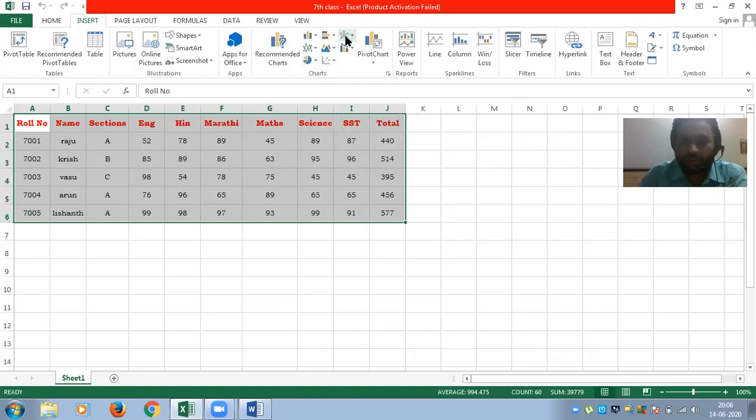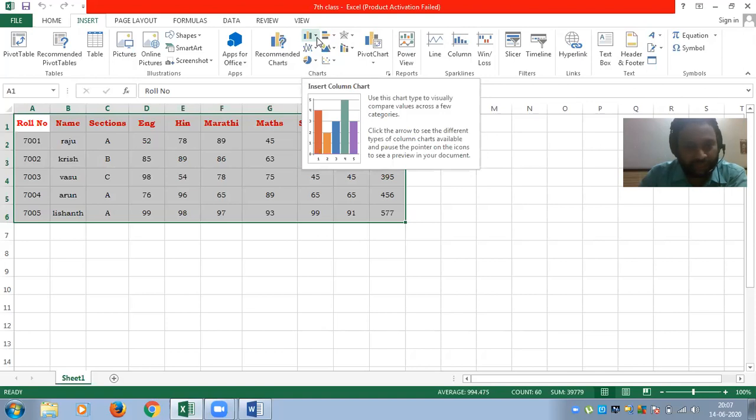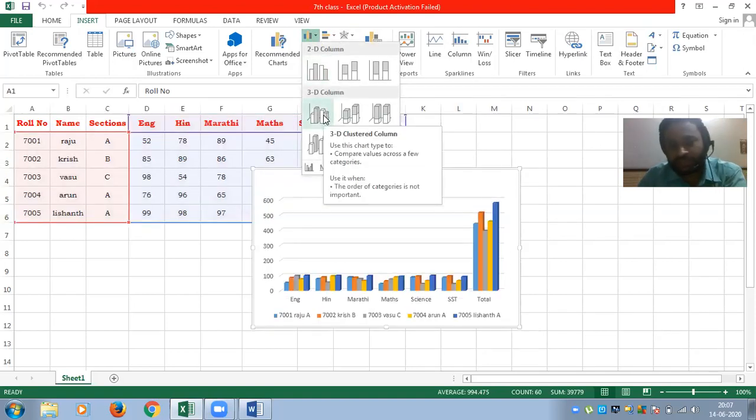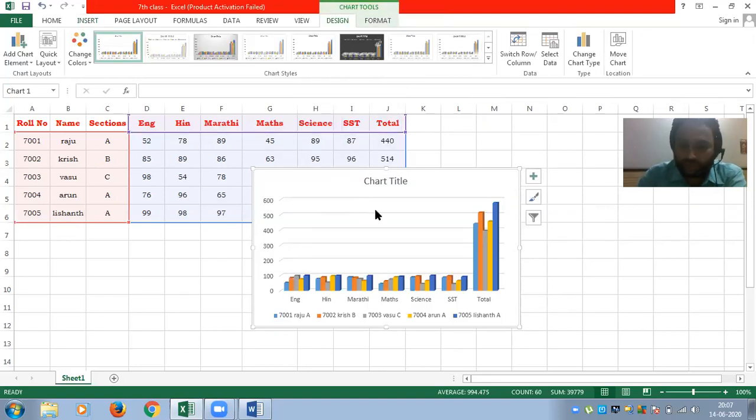There are many types of charts available here. Whichever chart you want to insert, you can click on it and select from the list of charts. Then automatically the chart will be inserted as per the given data.